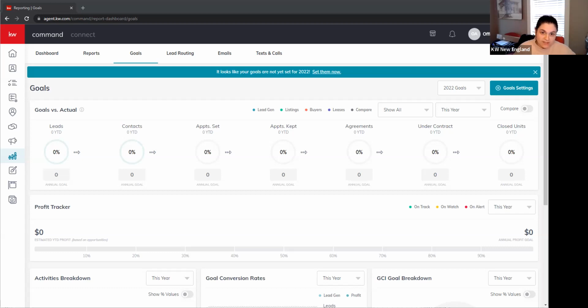And it's going to bring us to the Kelly Guides goal setting. This is going to be a walkthrough, so it just walks you through putting this stuff in here. Now we're going to need a few numbers in order to do this. So before you even start, you may want to get these numbers ahead of time. The first thing you are going to need is your average commission per unit,